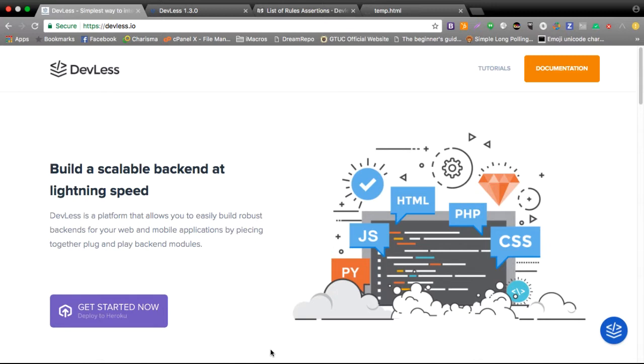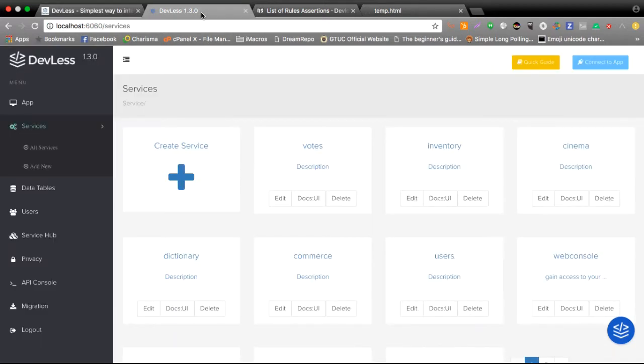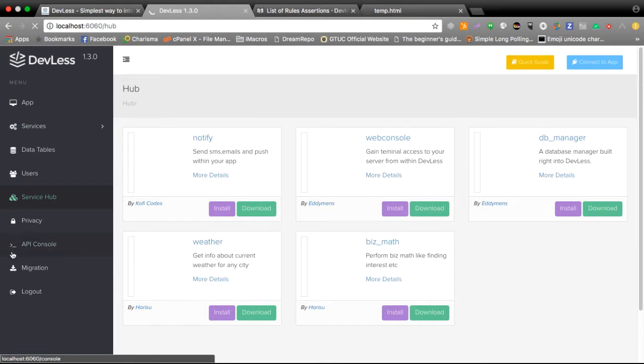Actually, it's a concept you might be familiar with, and that's services, right? So if you've been following all of our subsequent tutorials, you would have seen that we've been creating services all along. But in this particular tutorial, we are going to talk about the reusability of services and how you can get some of the functionalities to your app for free. That is, getting services out there for free instead of creating a service for each and every app you need to create. And some of the services that people have created and are sharing would be found on the Service